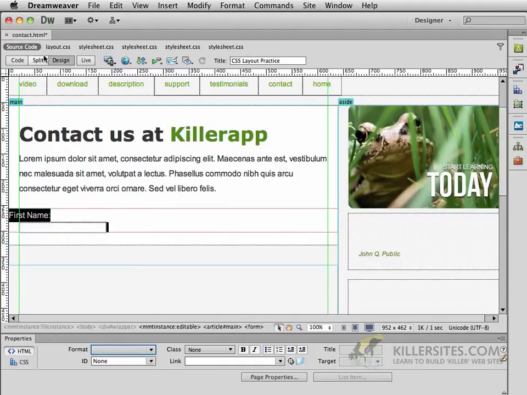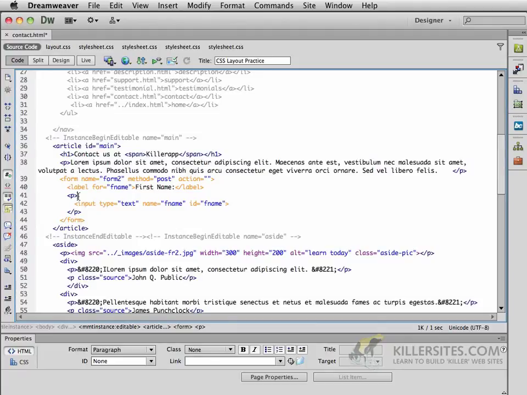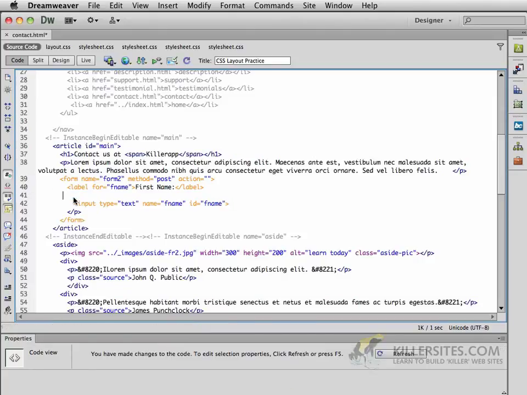That's positioned the paragraph around the input type, but nothing else. So I don't really like that. What I'm going to do instead is to take the opening paragraph that I have here, and I will Command X on a Mac or Control X on a PC, eliminate that. You can move this back with the other ones so that it looks a little bit